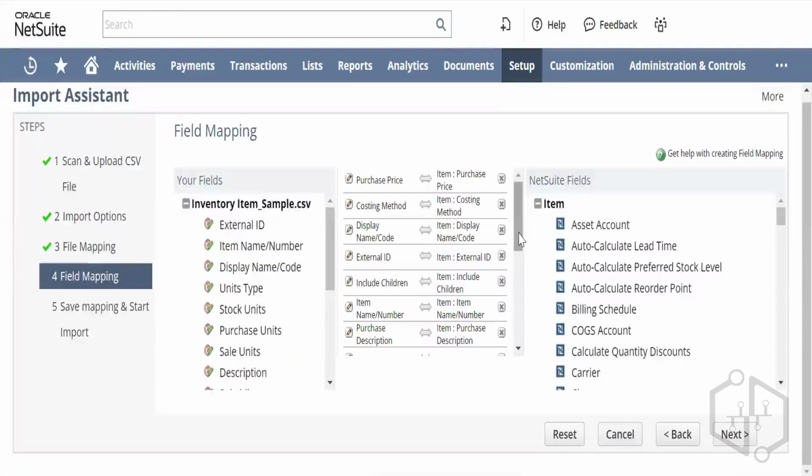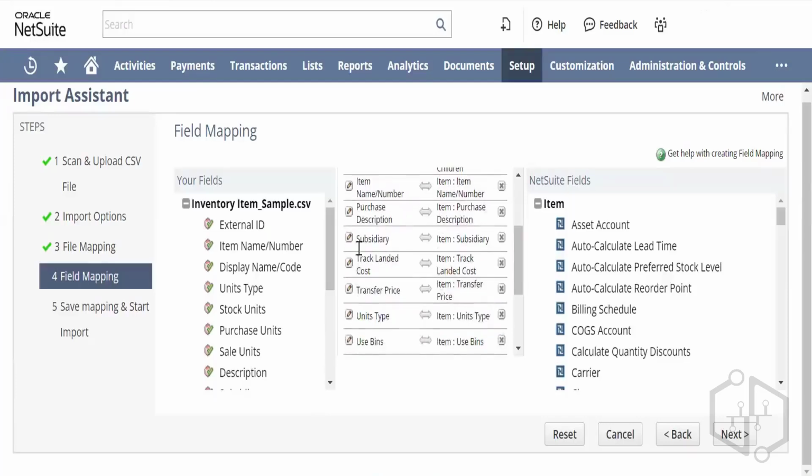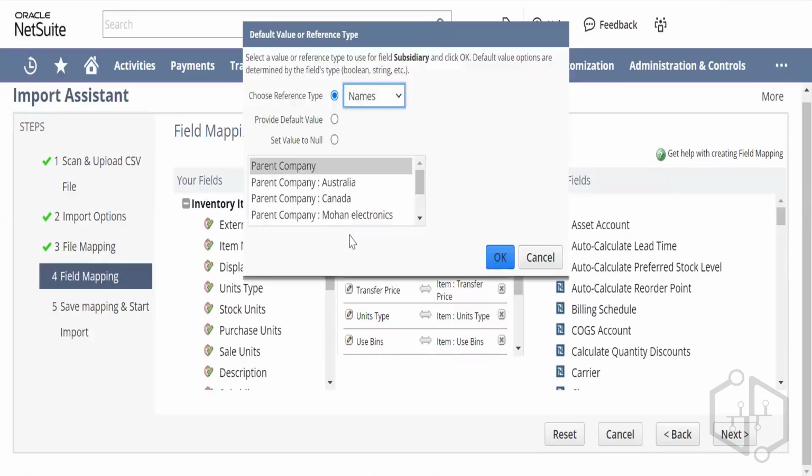So I spoke about the internal ID. Okay. So how do you specify the internal ID? On every field that you have here, there's a little pencil icon that you see here on the left hand side, right? So click on that pencil icon, it will open up, and then you say that instead of